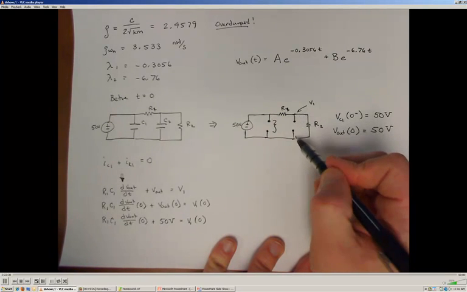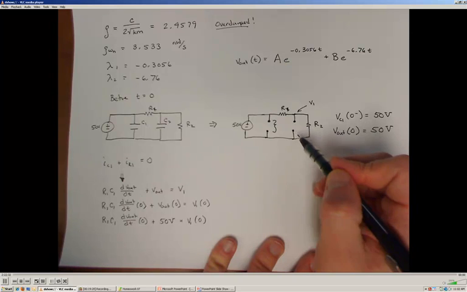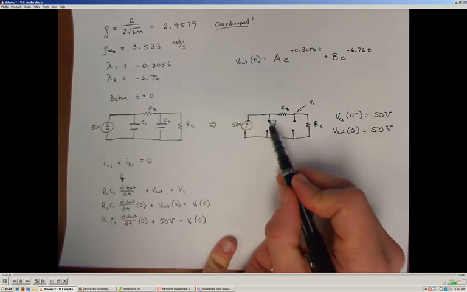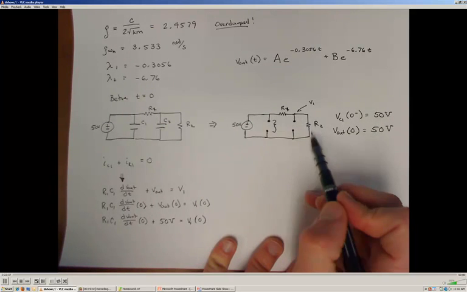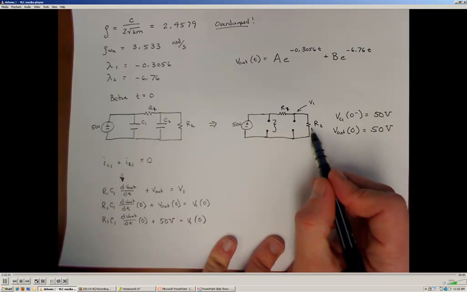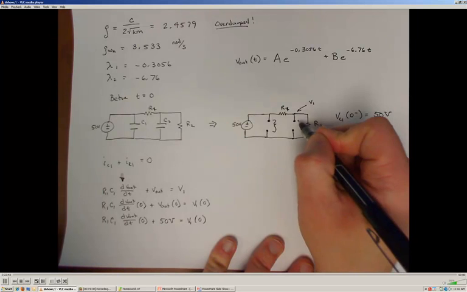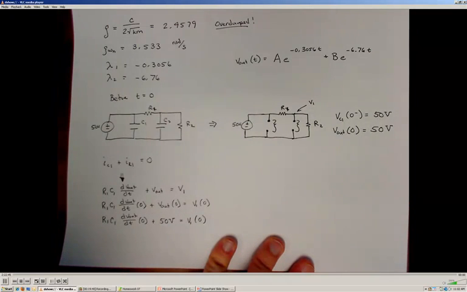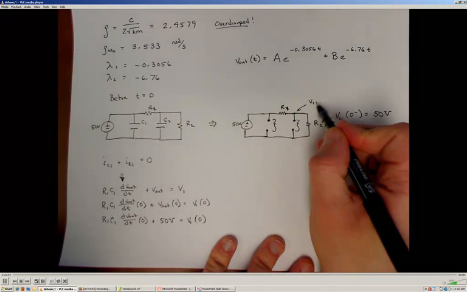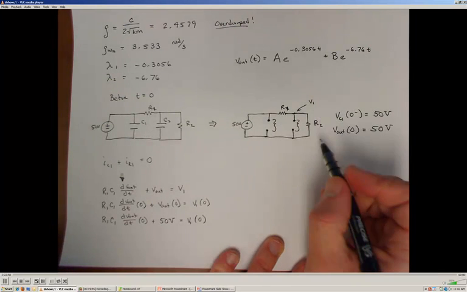So we can determine the potential across the capacitor. In this case, since our circuit looks basically like two resistors in series with each other, we can use the voltage divider equation to determine the potential that's developed across C2, which is also our V1 node, right before the